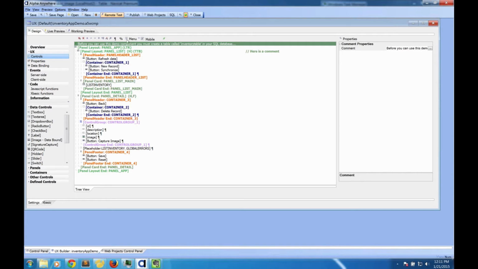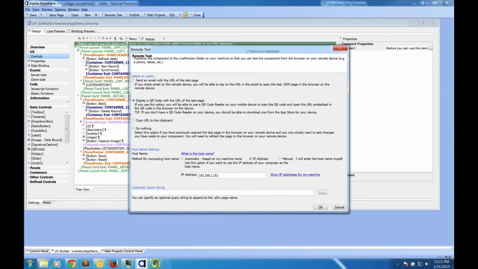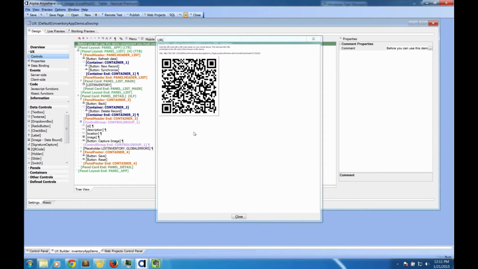mobile device. So what I'm going to do is go into remote test, and go to full preview. It's preparing it for... I'm given a dialog that asks how I want to remote test this. You can send an email with the URL, but what I use is display a QR code with the URL for the test page. Then I click OK, and basically it's now using my development server as a